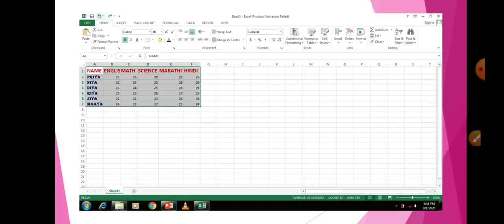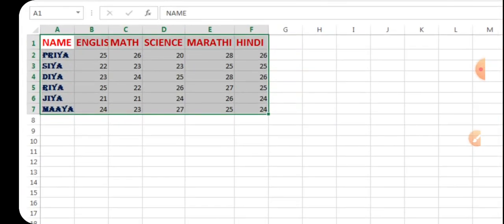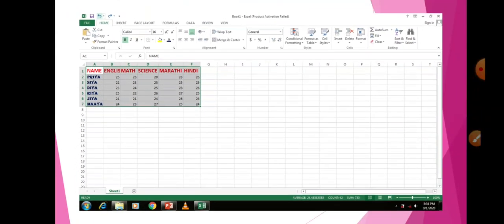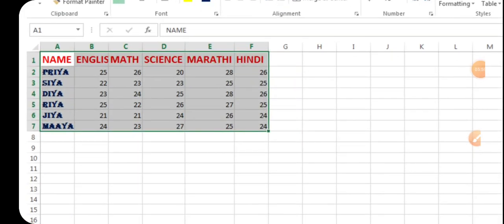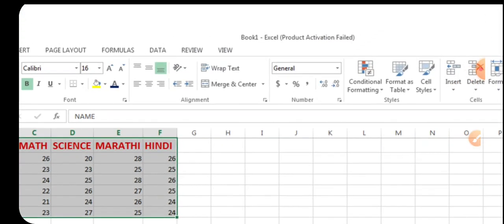Now see method 2. See, the same table worksheet is present in the Excel, and on that worksheet you have to select it. Okay, as you have selected, selection is very much important. This I have selected here, see.